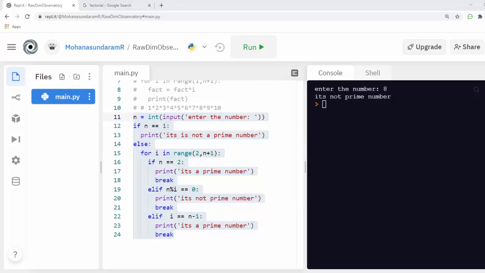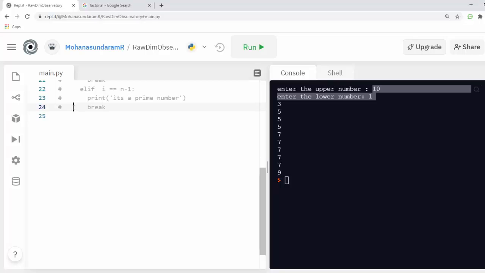Next we will see how to check prime numbers between a given interval. I'm taking two variables.